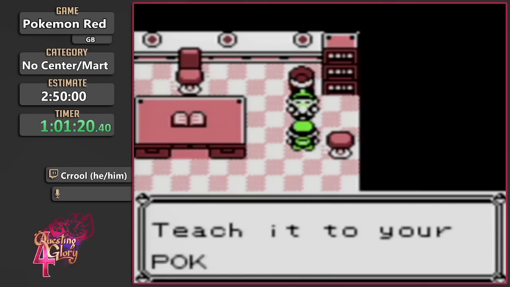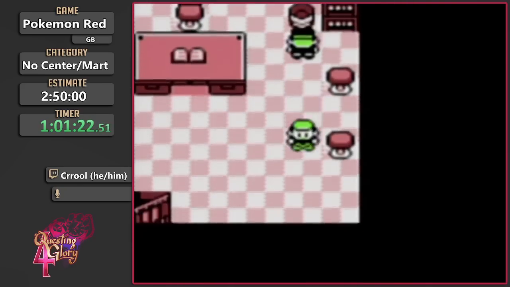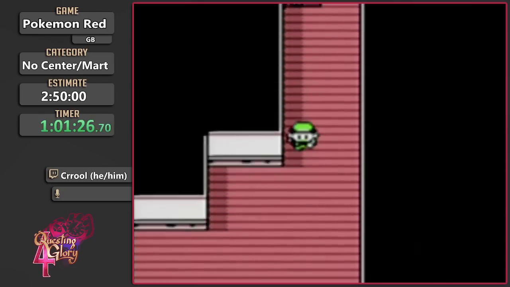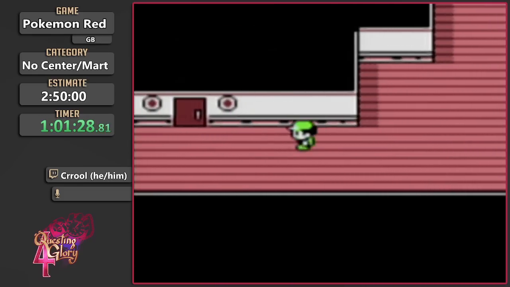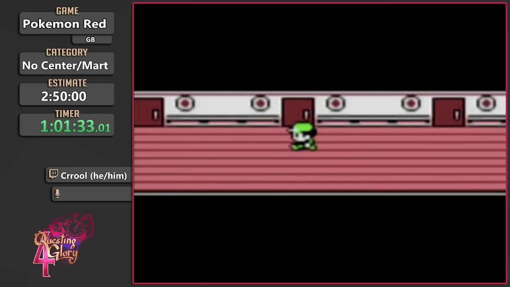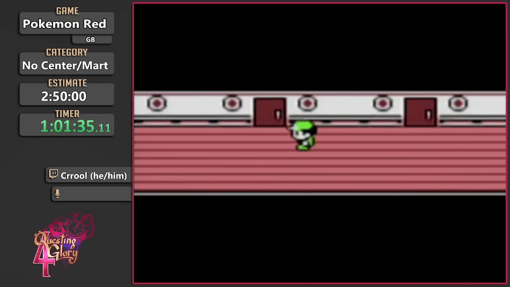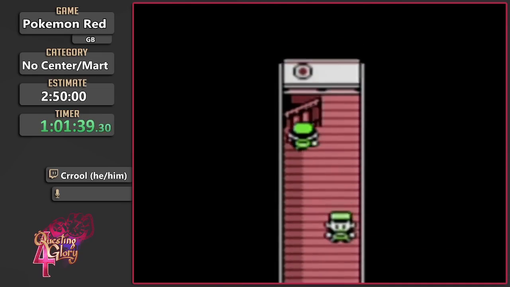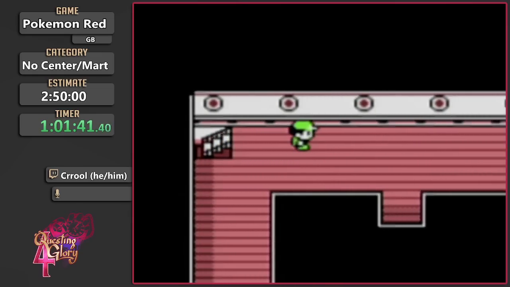Bike ticket text glitch is allowed. It is allowed in the normal glitchless run. Most people don't use it because it's kind of annoying, but there is no rule against it. At least not in this category. But really, it's not recommended for use anyway, so...